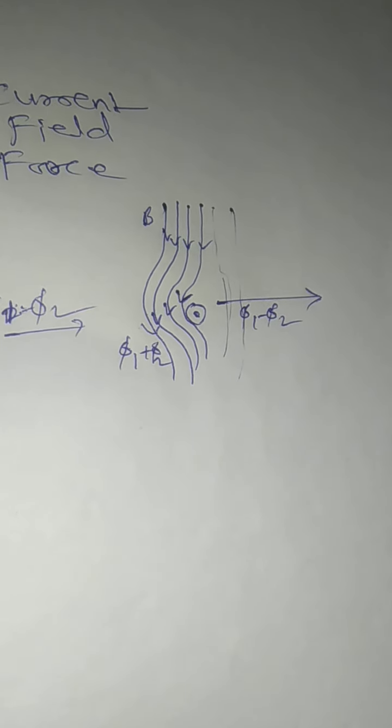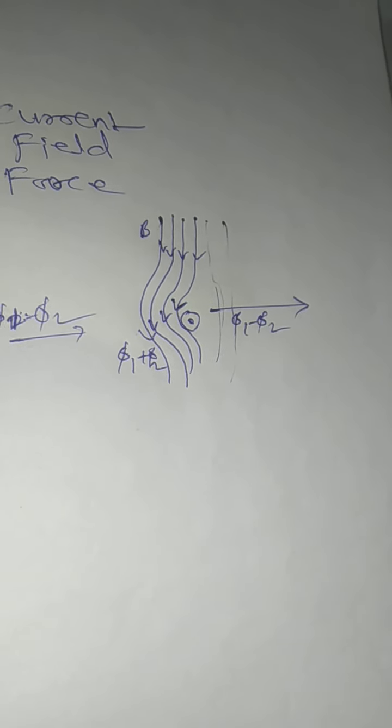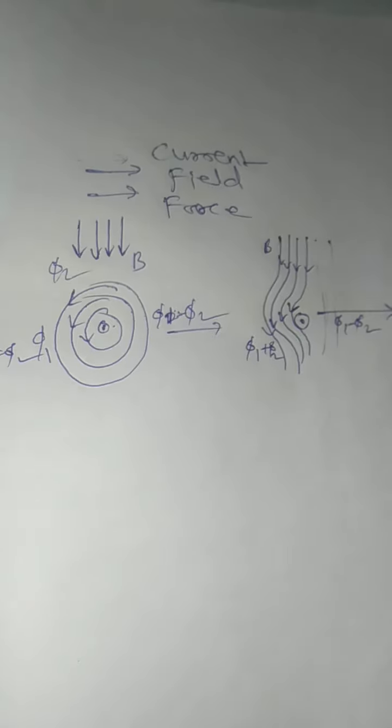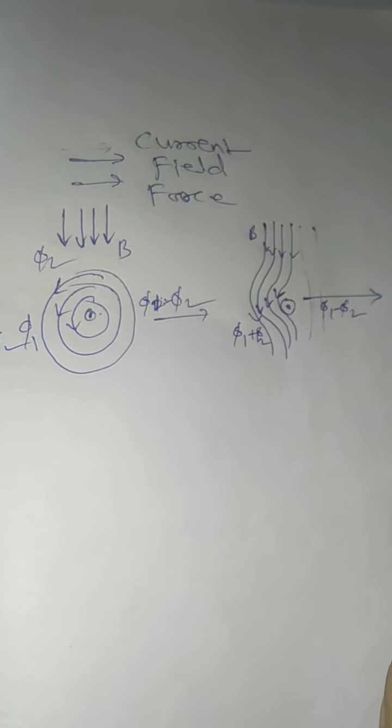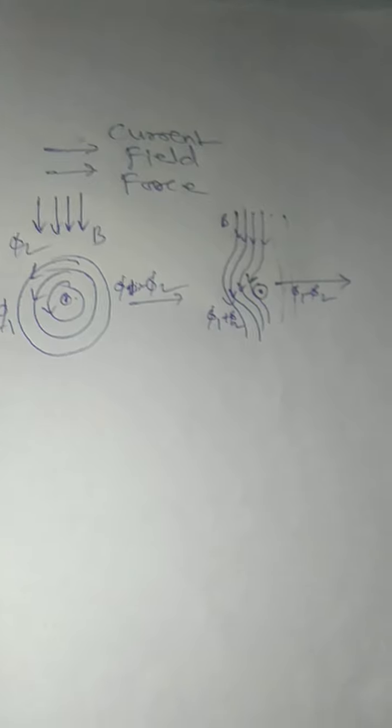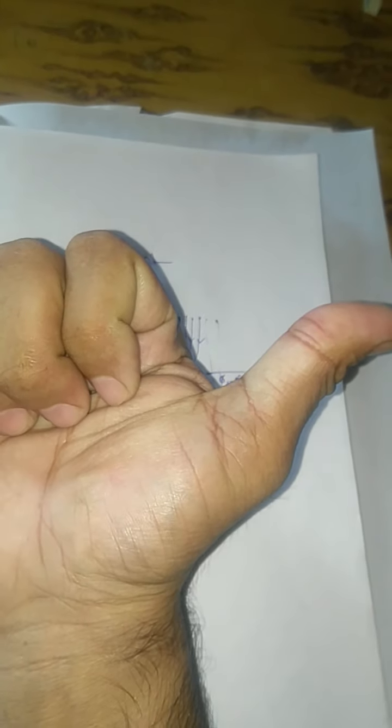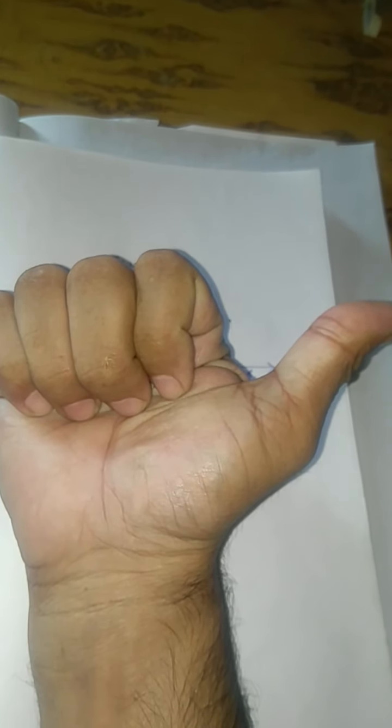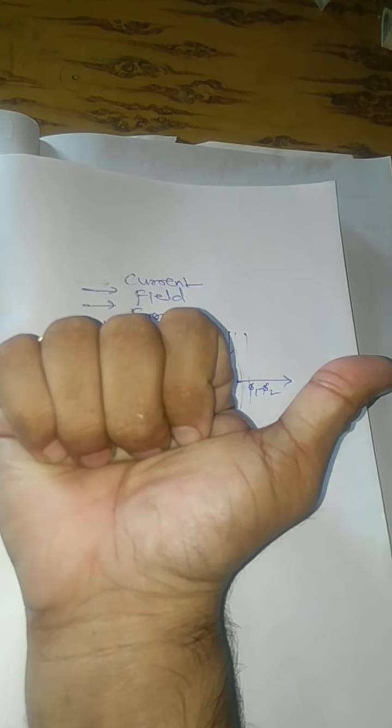So how can you represent this physically? By hand. We are confused whether to use the right hand or left hand. So you have to first take the direction of the current directed towards the thumb, and then the flux, which is anti-clockwise for the upwards current. So you take it like this.